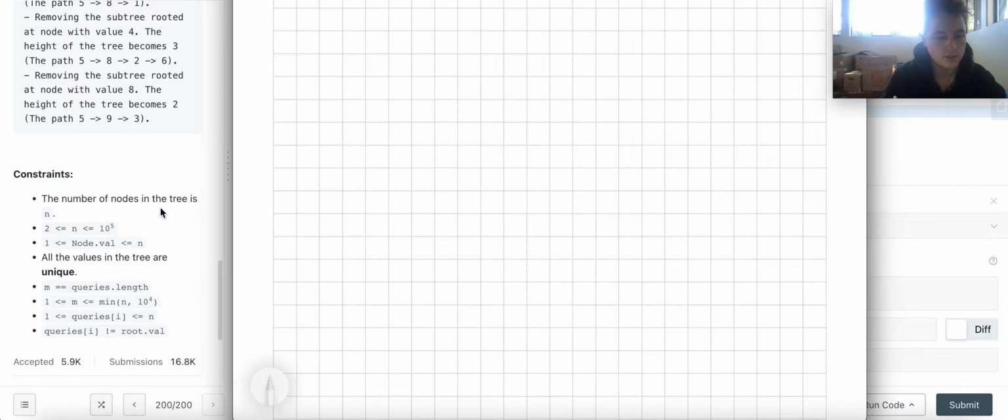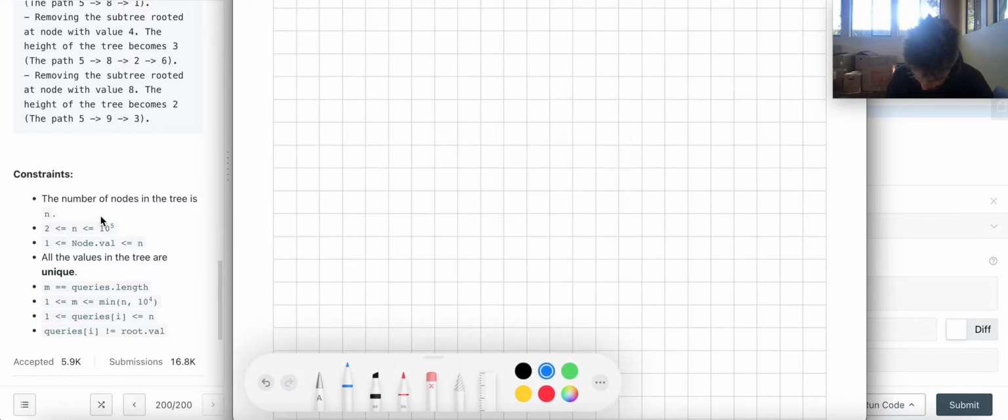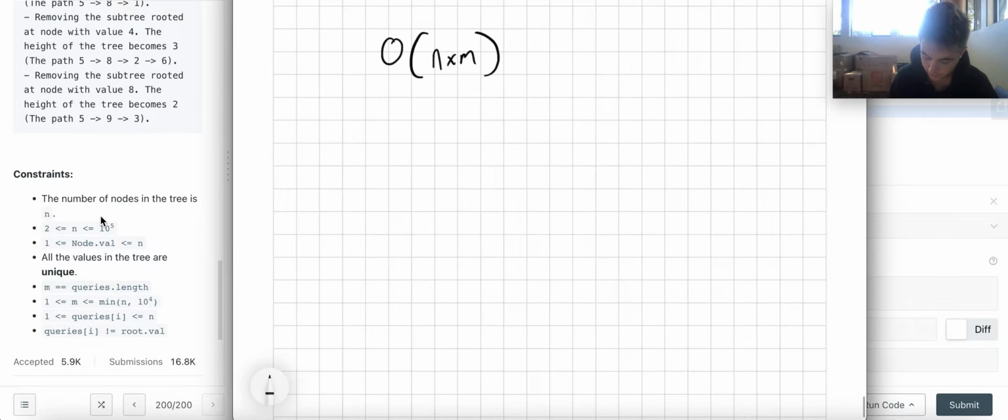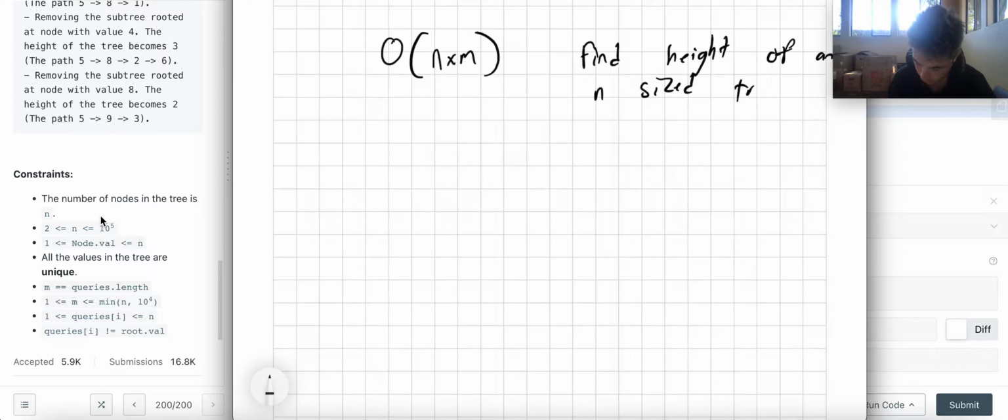Well, let's look at the constraints actually. Okay, so n is 10 to the 5 and m is 10 to the 4. So the easiest solution would be big O of n times m, right? Because we can find the height of any n size tree in n time,